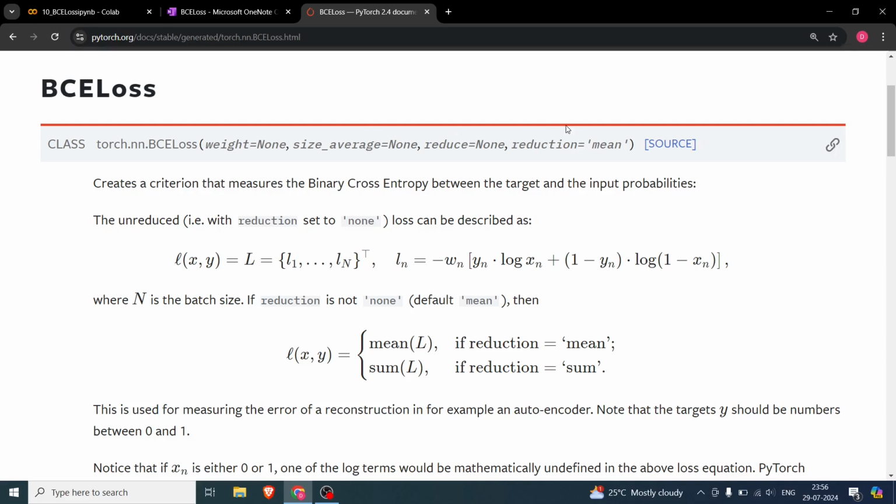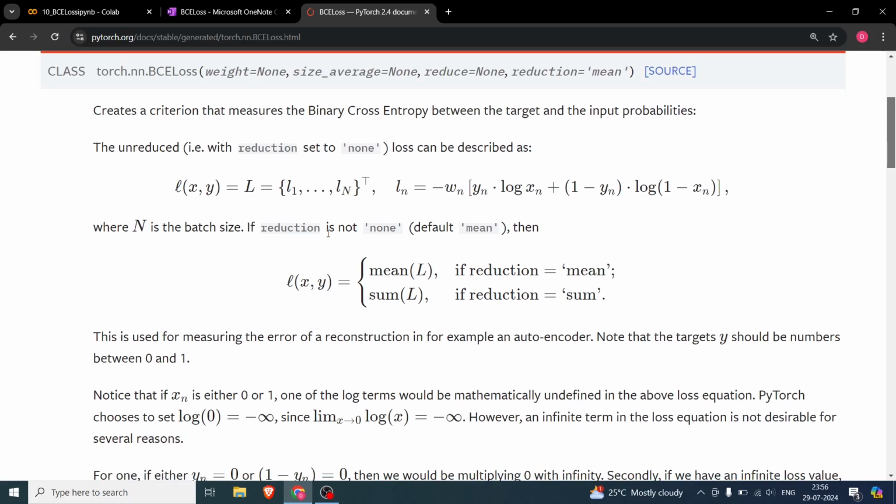Now we will be seeing reduction. After that I'll be teaching you about weight. Okay, so we have understood this particular function. Now n is the batch size. So what happens when reduction is not none? He's saying when reduction is not none, we take the mean,